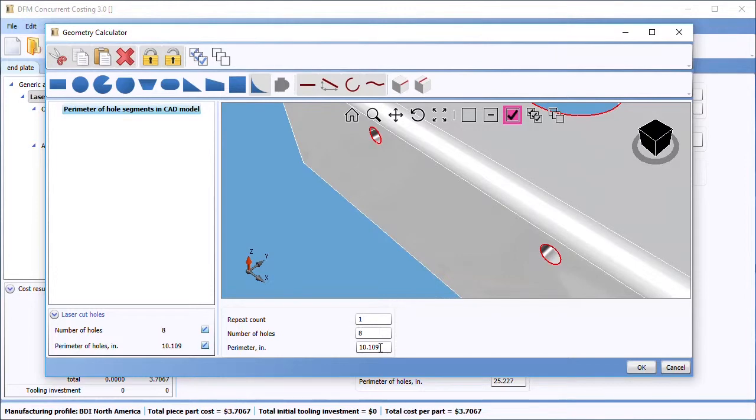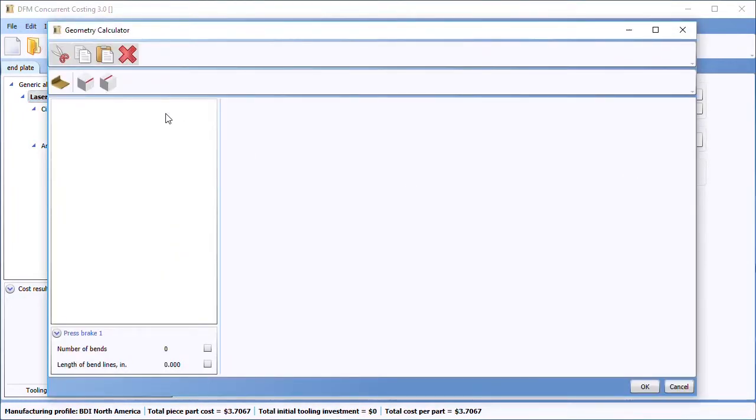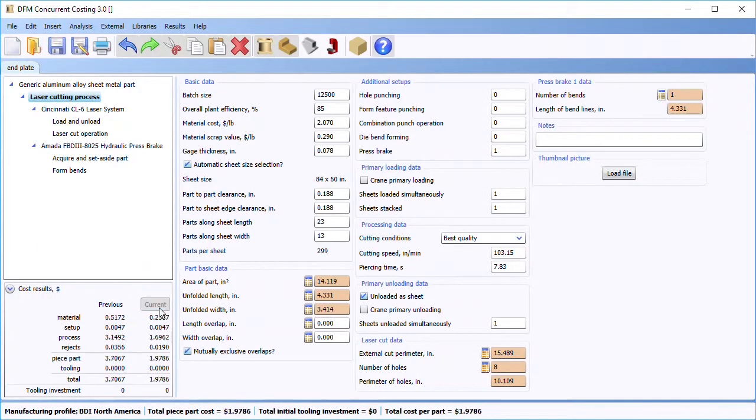And so now I've got 8 holes and roughly 10 inches of perimeter. When I say OK, that gets transferred in. And then finally I need the length of the bend line. There's just one bend in this part, but if I had multiple, I could do these selections in multiple areas. And when I click calculate, I now have a pretty accurate, as good as I'm going to get, estimate